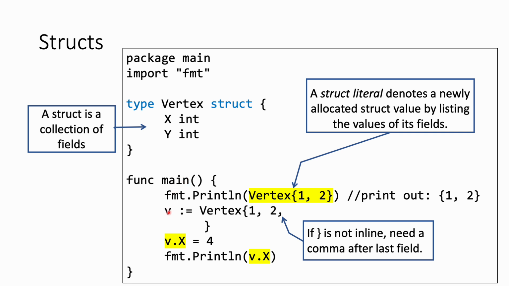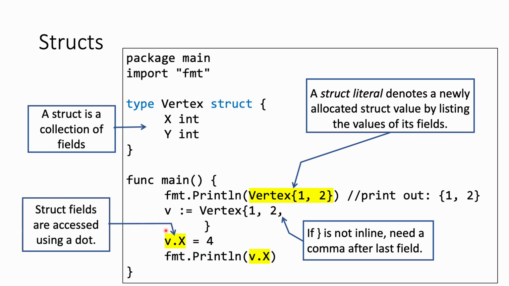Here we declare variable v of type Vertex using the short declaration statement by assigning v to the Vertex literal Vertex{1, 2}. You can access struct fields using the dot operation. For example, to access the value of field X in the struct value stored in variable v, we write